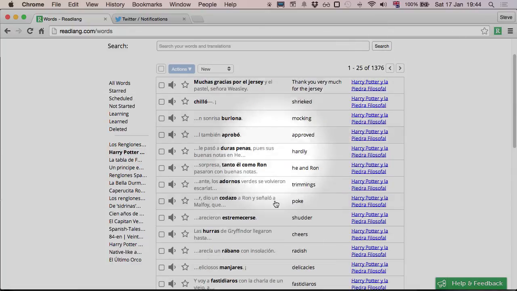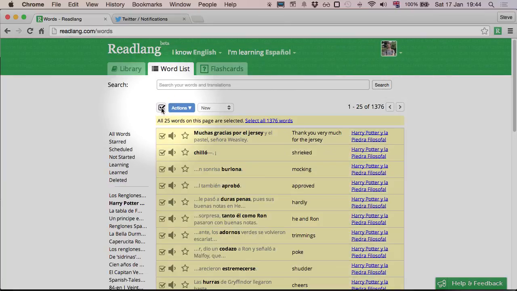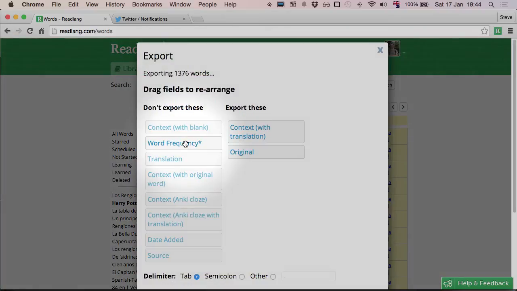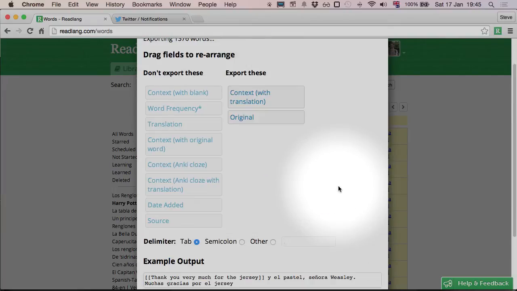So this shows me all the Harry Potter words, 1,376 of them. I'll select all the words on this page and further select all words in the book. Then I'll click on Actions, then Export,